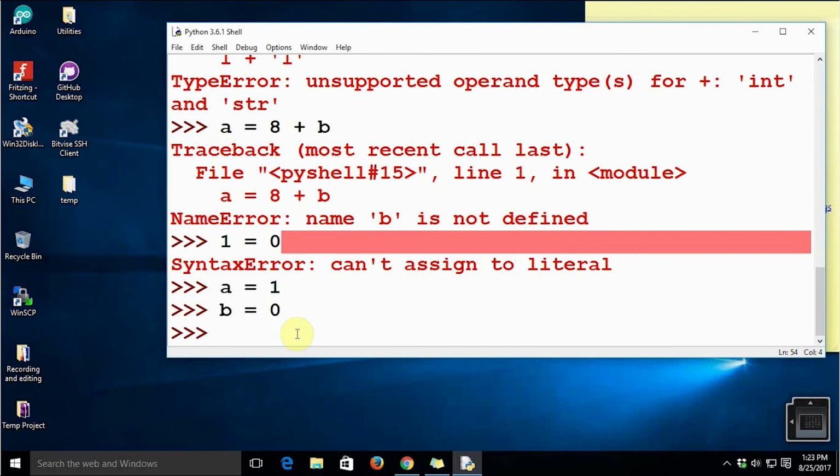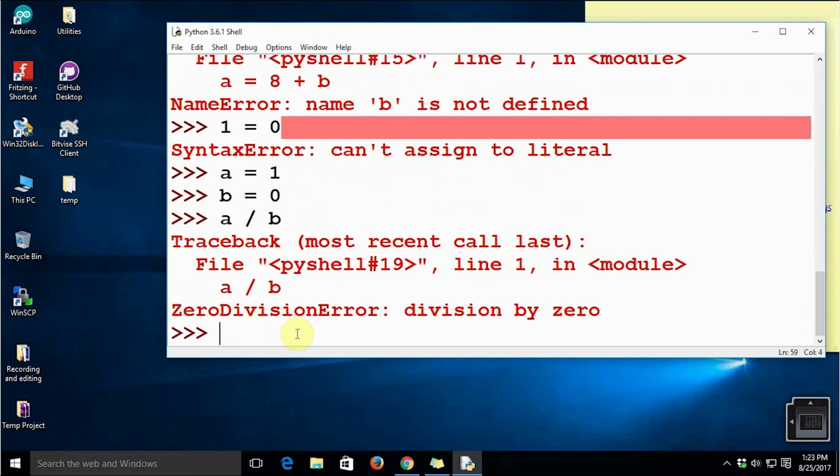Suppose you are writing a program for your PhD or MS thesis and you are encountering this situation where a divided by b, then you are going to have trouble, right? So that's why you need to know at what line you are facing the trouble. Then only you can take some concrete steps towards resolving the trouble. So that's why Python has introduced the provision of exception. So this is all about errors and exceptions.